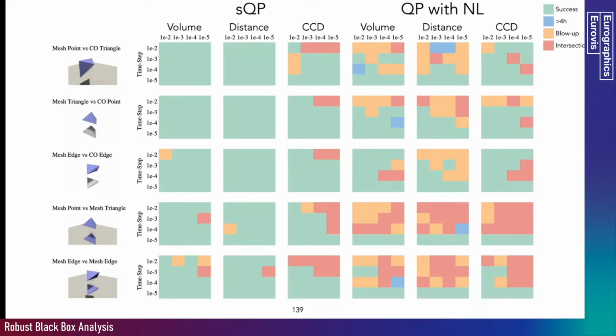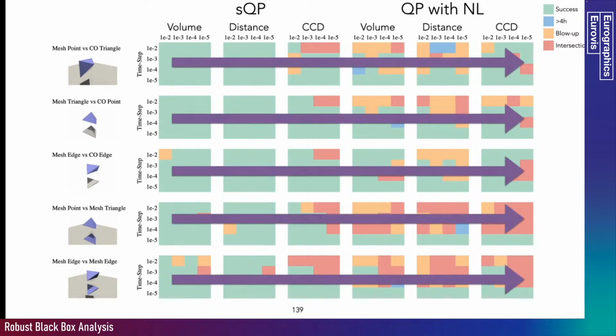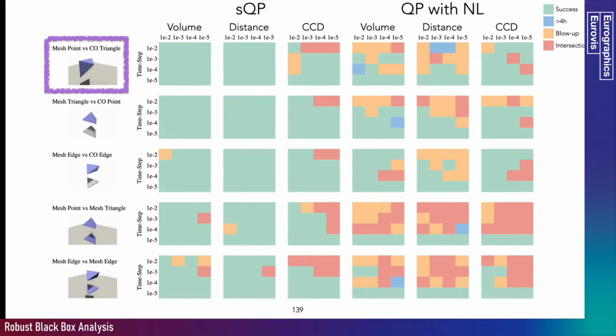state-of-the-art software, but it's also true for research methods. So here this large table shows on every column a different state-of-the-art method for solving contact problems, so collision problems. Here we have something like six of them, and every row is a particular simulation we want to solve. For example, in that corner there, we are just trying to simulate a tetrahedron falling on a plane. Now you notice that every one of these entries of this matrix is a tiny matrix on its own, and the reason is that every